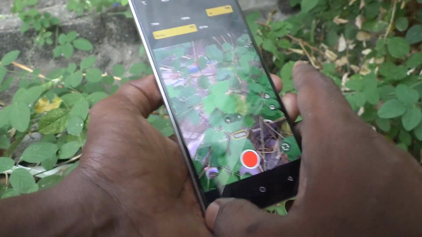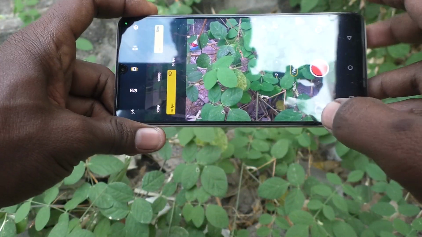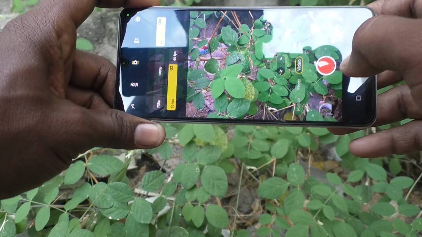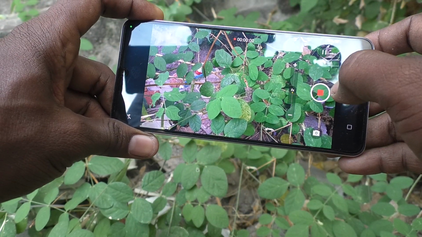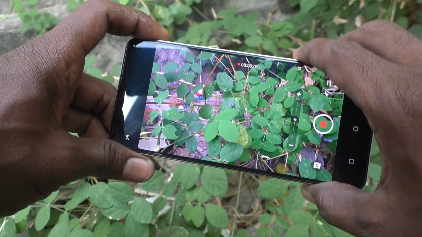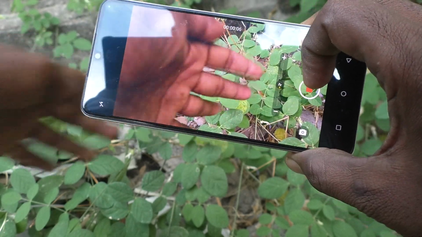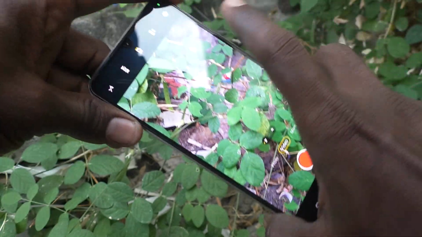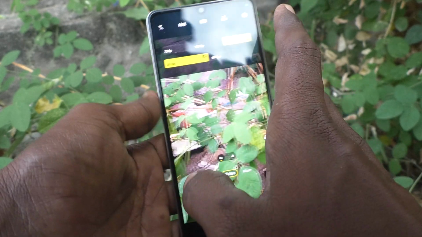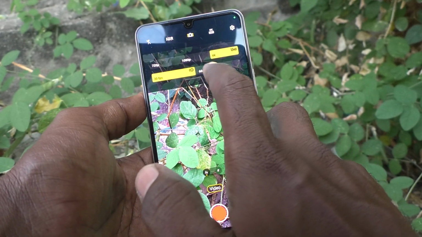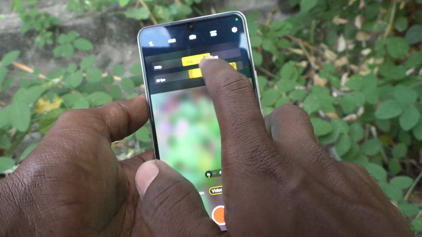Okay, so if you shoot video hereafter it will be 4K with 30 FPS. See here, I record this video. This video is of 4K with 30 FPS. Okay, and again go here, and if you would like to increase frame per second, you can select